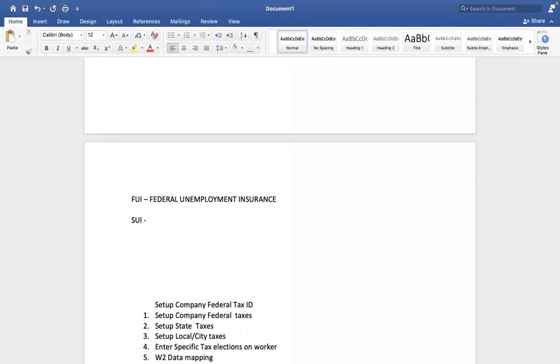Similarly, state unemployment insurance is not mandatory. The employer needs to contribute for SUI. Okay, it's up to the employer's call. The employer can contribute, the employee should contribute, the employer also can contribute, or the employer can step back. The employer has an option. But federal unemployment insurance is mandatory, the employer also needs to contribute.